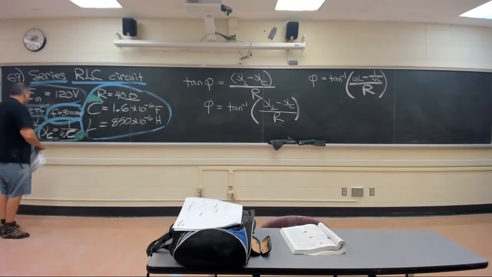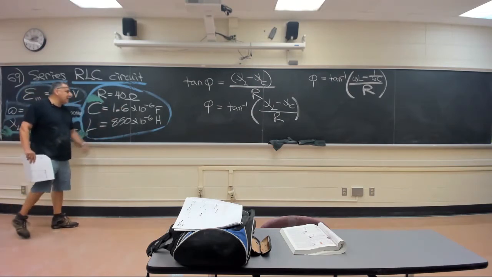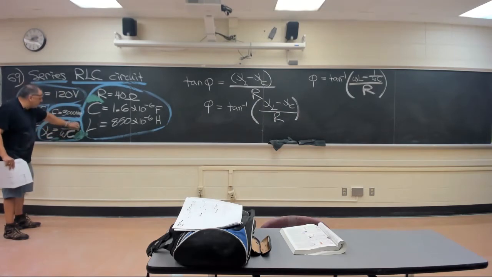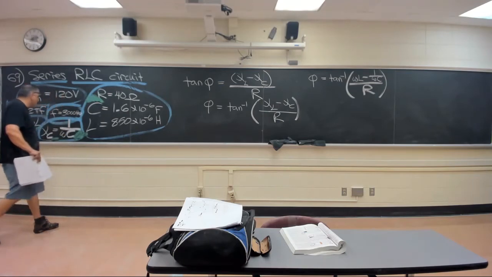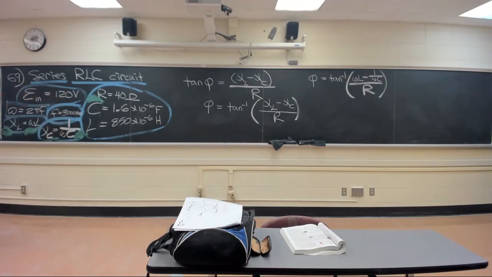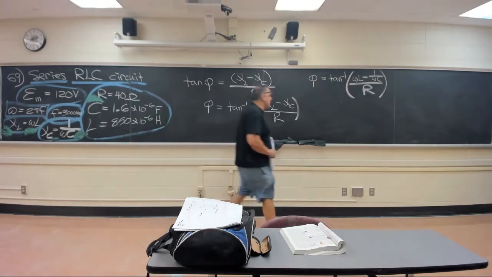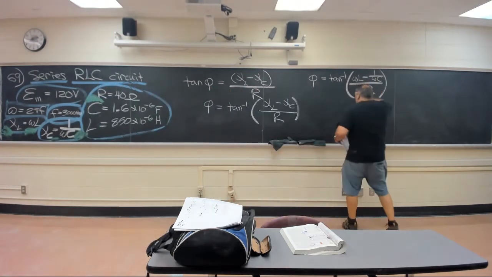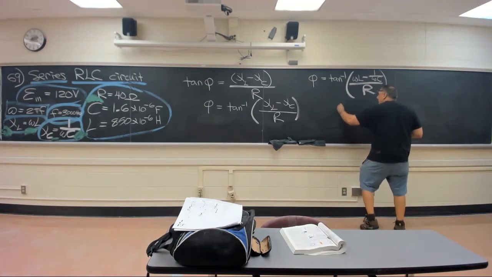Get an answer. X sub C is going to be 1 over the product, 2 pi times 3,000 times 1.6 times 10 to the negative 6. The reciprocal of that product, 1 over that, will give you X sub C. Oh, they already gave it to you. Everything is in units of ohms, so that's not going to be an issue. You plug in all the values, and at the end of the day, you should get